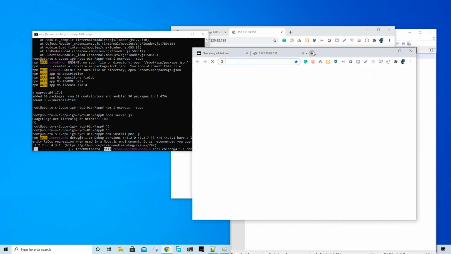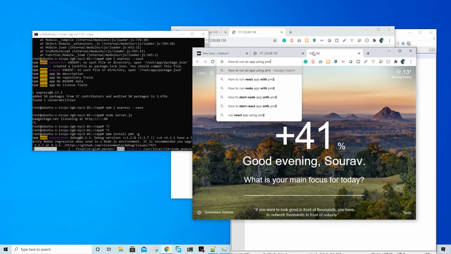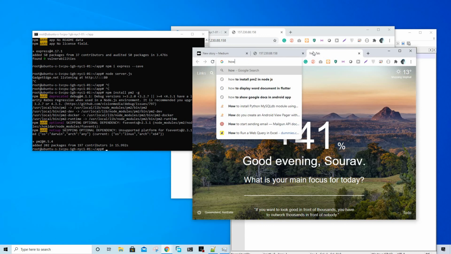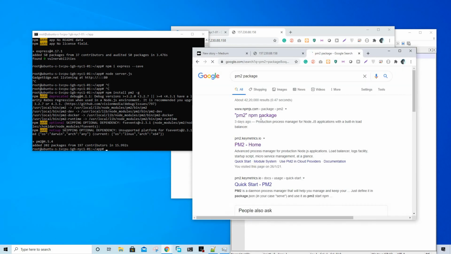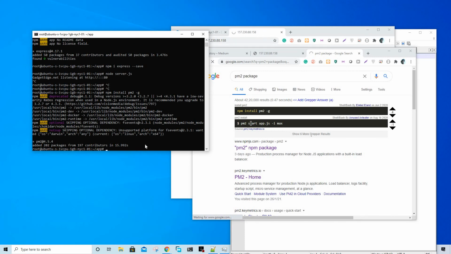Let me just confirm how to run an app using pm2, or just go to the pm2 package. So pm2 is installed. We can do it using this command, pm2 start app.